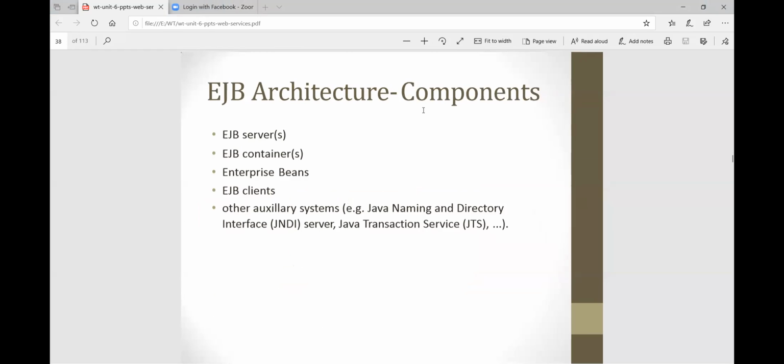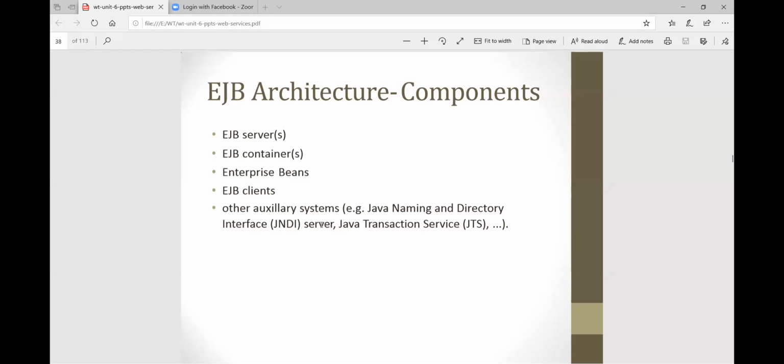The EJB container is used for what? For storing the processes or storing the logs. Then enterprise beans, EJB clients, and the relational database as well. Other auxiliary systems are, for example, Java Naming and Directory Interface, JNDI. We learned about the JNDI server.